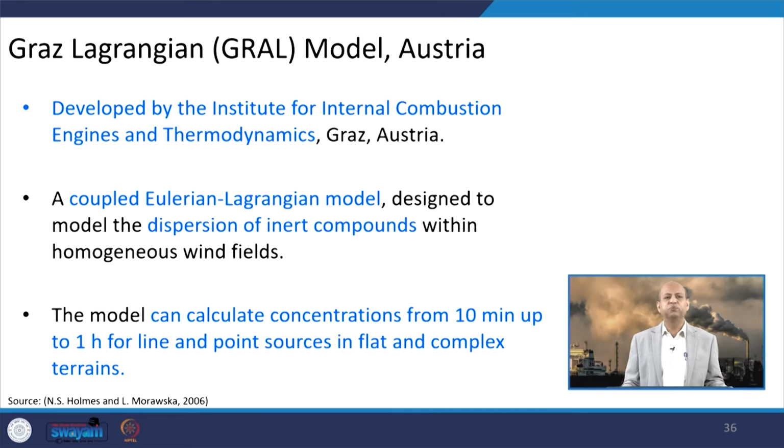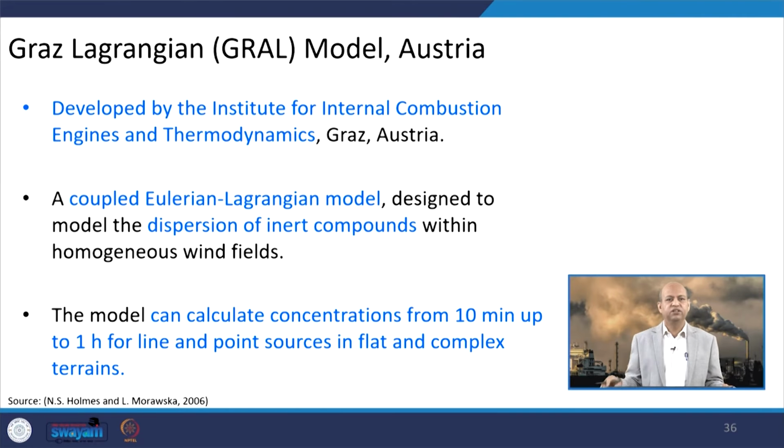So, this was developed by the Institute for Internal Combustion Engines and Thermodynamics, Graz in Austria, and the coupled Eulerian and Lagrangian model is designed to model the dispersion of inert compounds within homogeneous wind fields. This model can calculate concentrations from 10 minutes to 1 hour, for line and point sources in flat and complex terrain. So, that is one strength of this model, that for a time scale of like 10 minutes